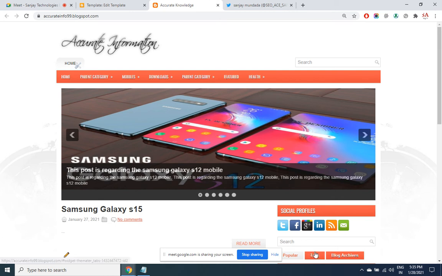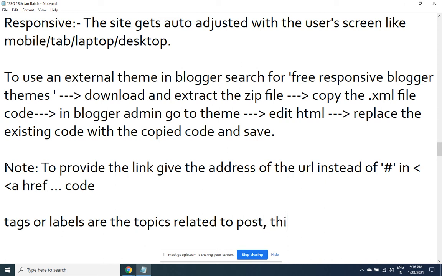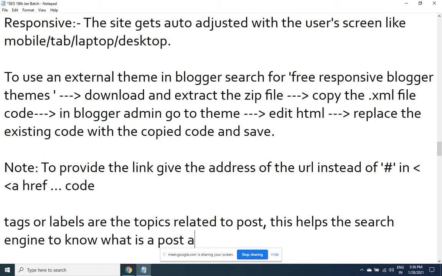What exactly is a tag? Tags and labels are both the same. Write it down. Better to use tags.